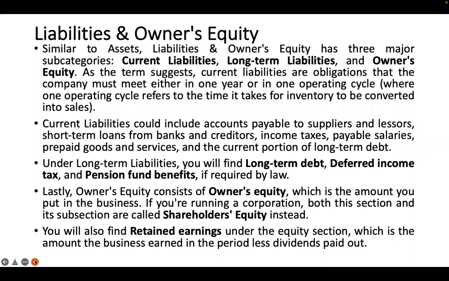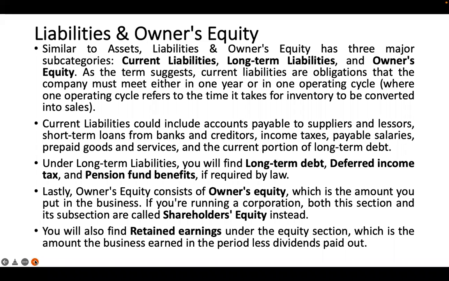Now moving forward, we have this liabilities and owner's equity. Similar to assets, liabilities and owner's equity has three major subcategorizations. So liabilities are like current liabilities, and the second, there it was fixed, here long-term liabilities, and owner's equity. These are the three categorizations. As the term suggests, current liabilities are obligations that the company must meet either in 1 year or in